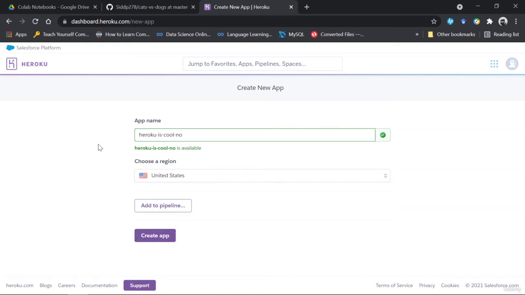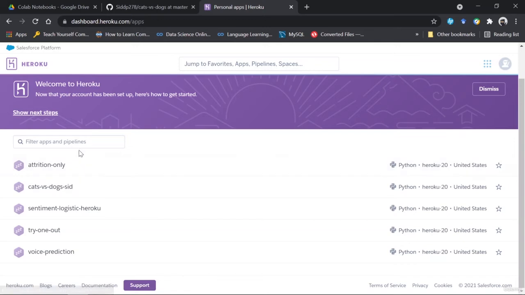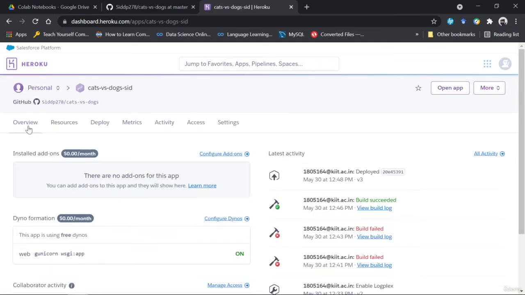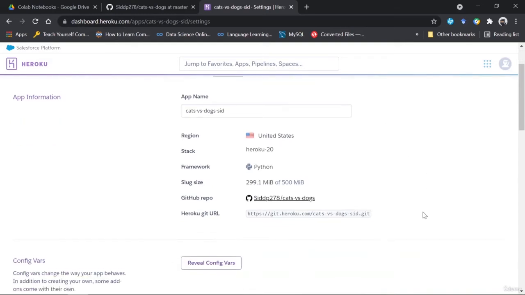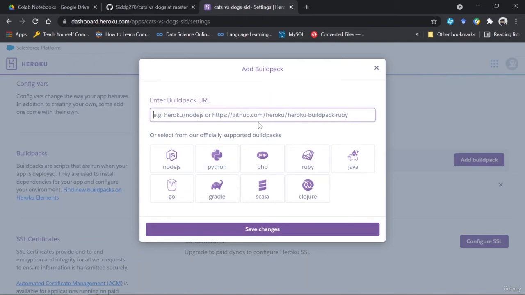I've already created an app for this project, so I would be using that only. Once you create an app, you will see it listed here. Once you click on it, you get these options of overview, resources, deploy, settings, etc. What you can do is go to your settings first and there click on add buildpack.